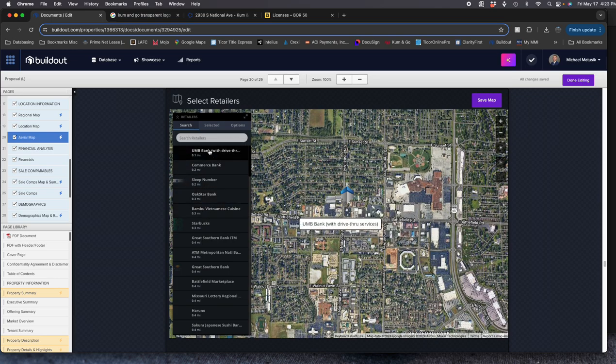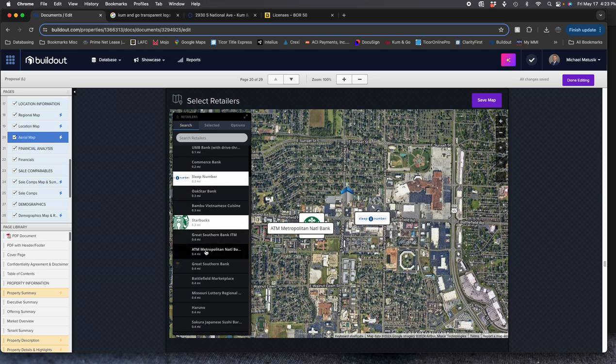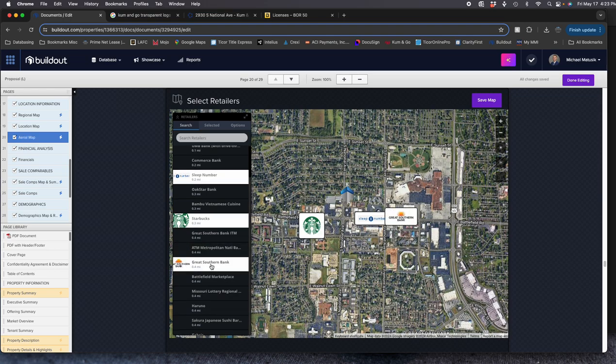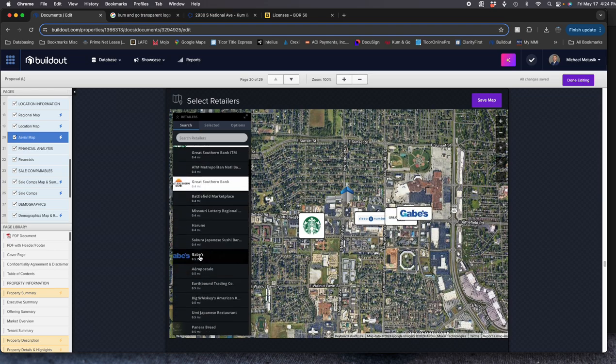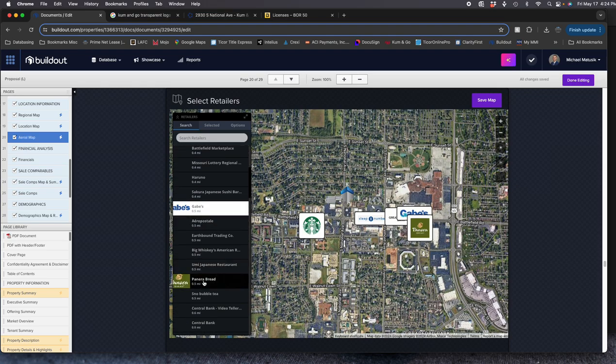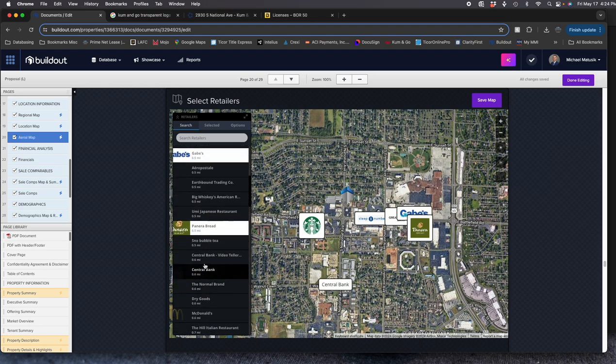So the first thing you do is you click on recognizable, you highlight over these tenants, and we want to add things that are recognizable. So here, for example, are ones that we already have logos in. That's a good cheat sheet for you because if it already has a logo, it means we've used it in the past. So I'm going to go ahead and click on Sleep Number, Starbucks, Great Southern Bank, Gabe's, Panera Bread,